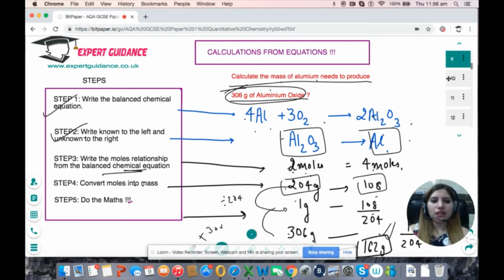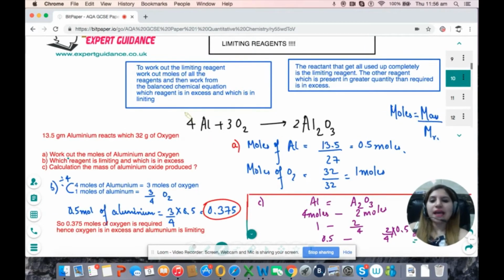Okay, now there's just a small concept to see. In an exam, they will give you the mass of both the reactants and they can ask you which one is a limiting reagent. Now, always remember what a limiting reagent is. A limiting reagent is that reactant that is present in the lesser quantity and that is completely used up in